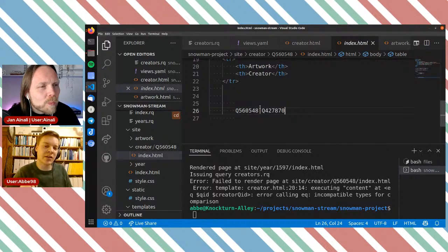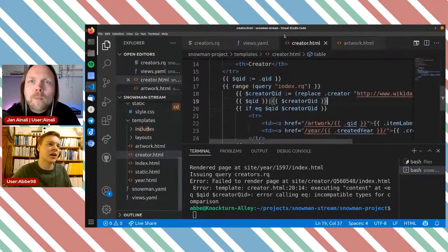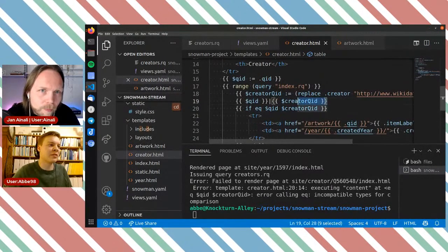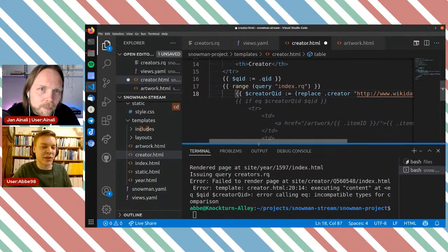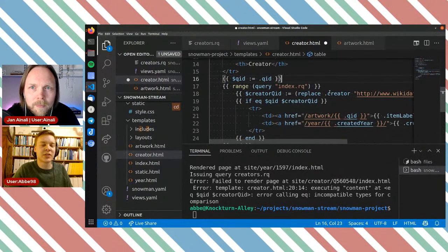But the thing is here, I believe that I just realized, you might have noticed before that I talked about how things in Snowman aren't necessarily strings because it's working with plain RDF. But replace, for example, actually returns a string, but the QID here is still an RDF literal.